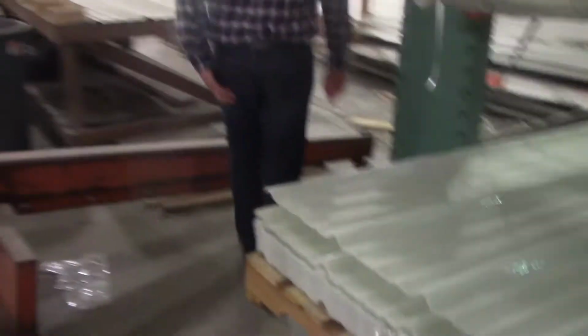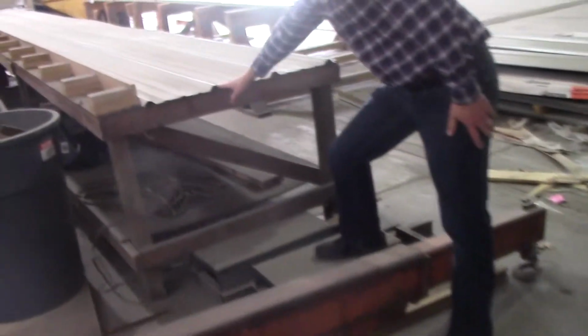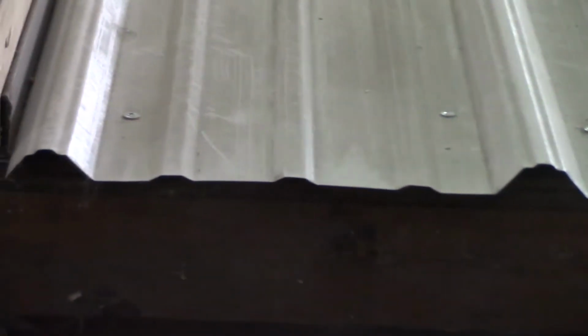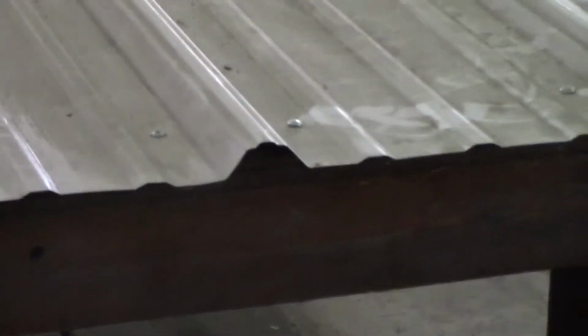Forming area. This is the steel material that we typically use on our buildings. The profile, 12-inch on center ribs. This one is actually screwed down to this shear, that way they can slide pieces across it to go on